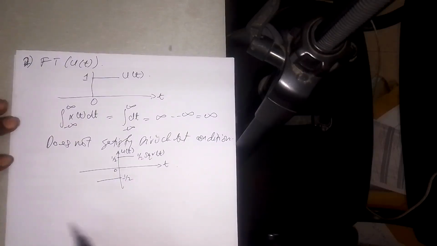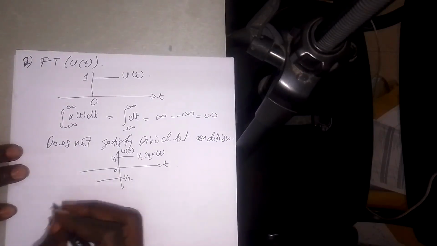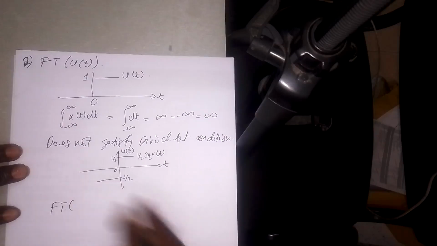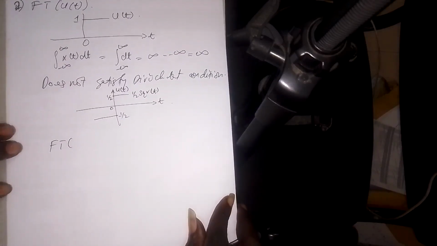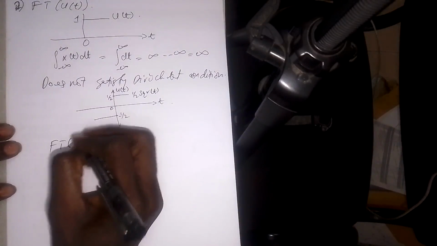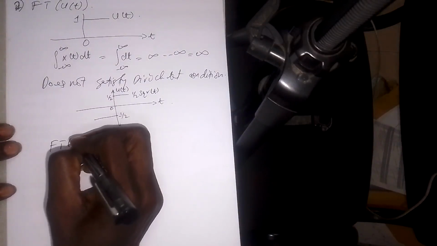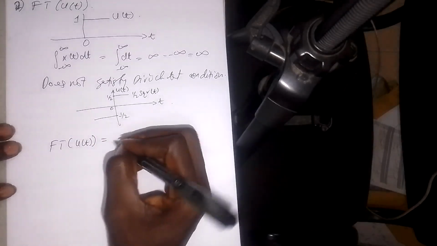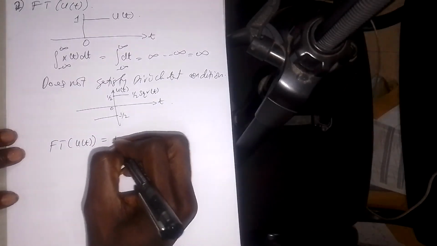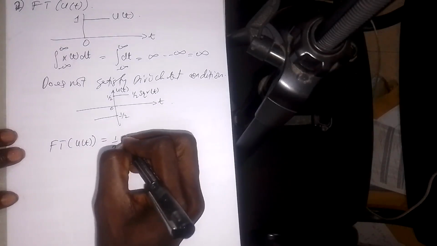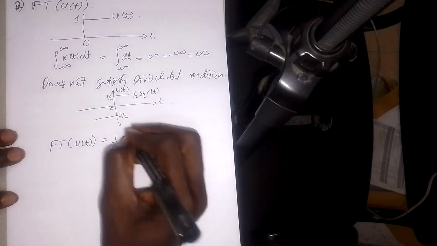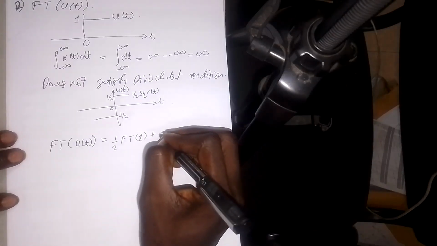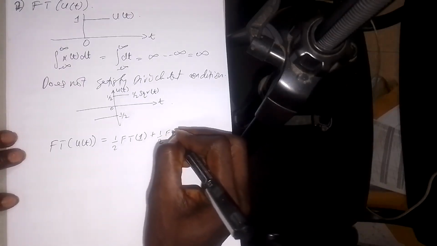So now here what I can say is that the Fourier transform for my function, which is u of t, is going to be equal to half of the Fourier transform of 1, which is this aspect, plus half of the Fourier transform of